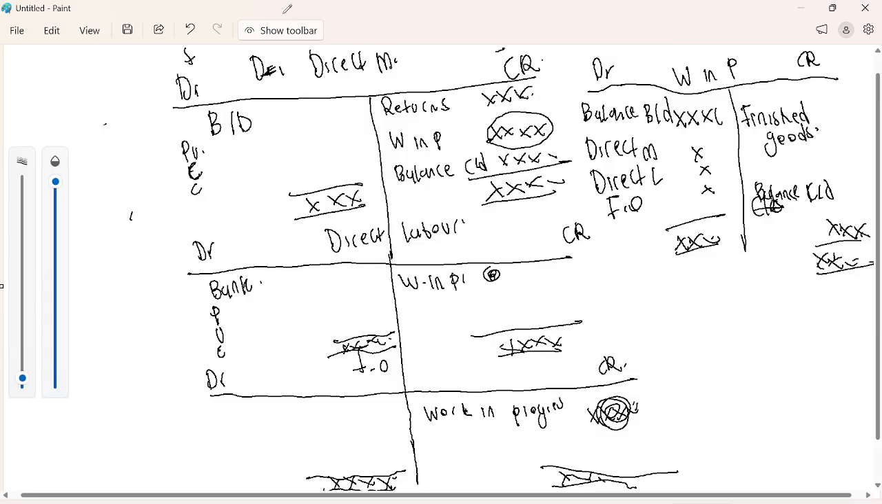Don't forget, guys, please. I remember this used to trick people. Please, you wanna take it to the finished goods account. Let me show you how. This will be your finished goods account. I'm gonna have finished